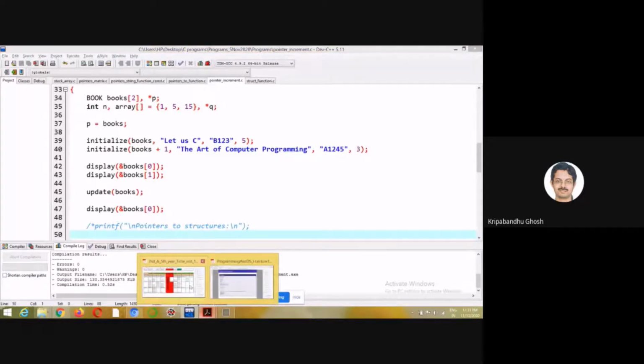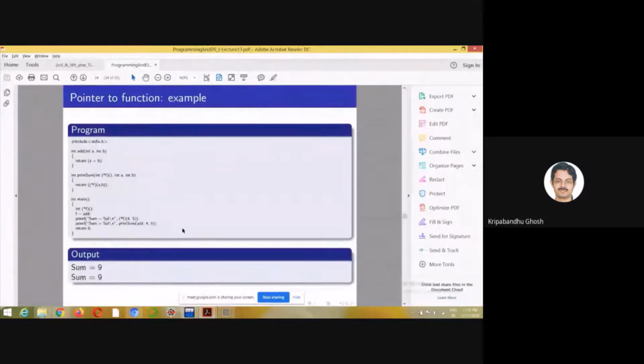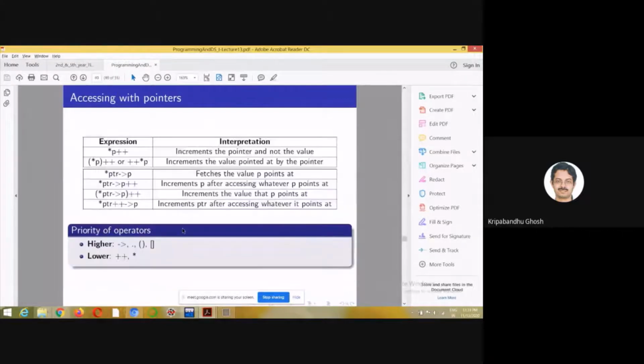And you can do a lot of things using pointers, but I think I have covered a lot already on pointers, so it's better not to complicate things too much. Let's move on to the next topic. Yeah. So here there is one last thing. Did you see this? Okay.